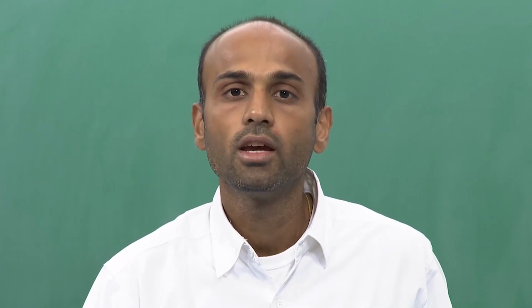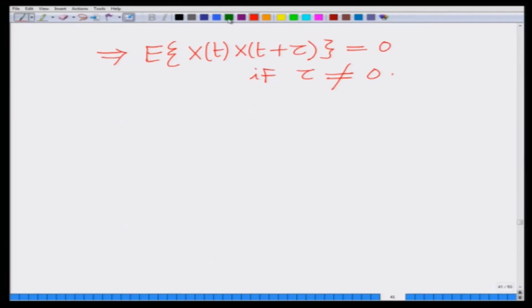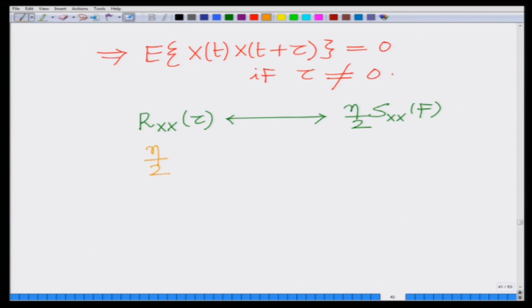Also, if we look at the power spectral density of this white noise, it has a very interesting property. We take the Fourier transform of the autocorrelation, and that gives us the power spectral density. And for white noise, the autocorrelation is an impulse, therefore the power spectral density